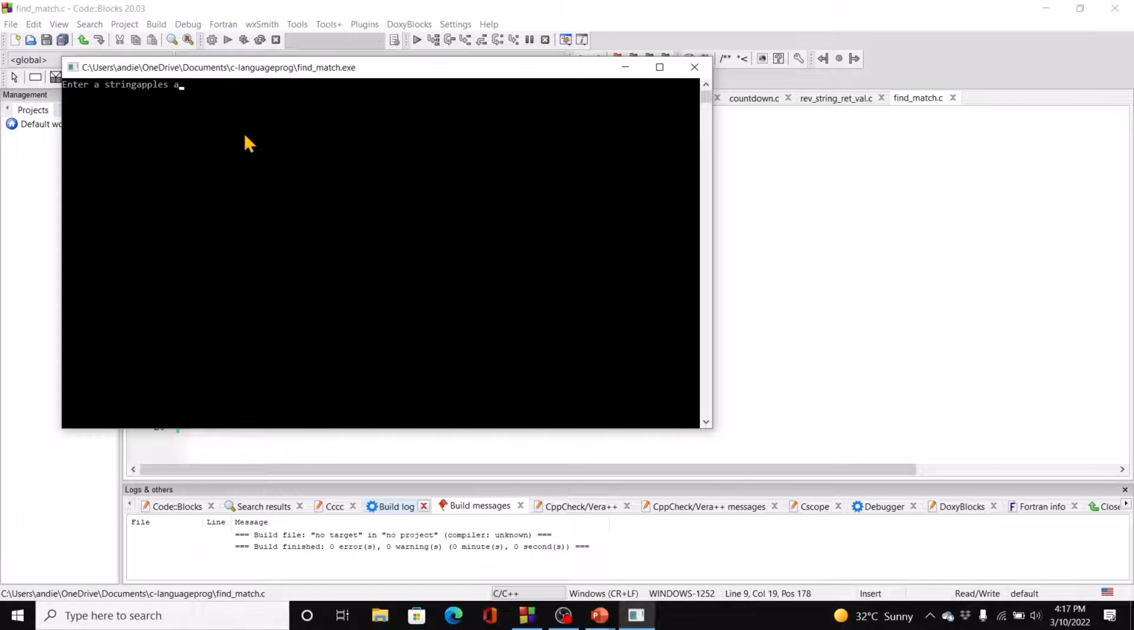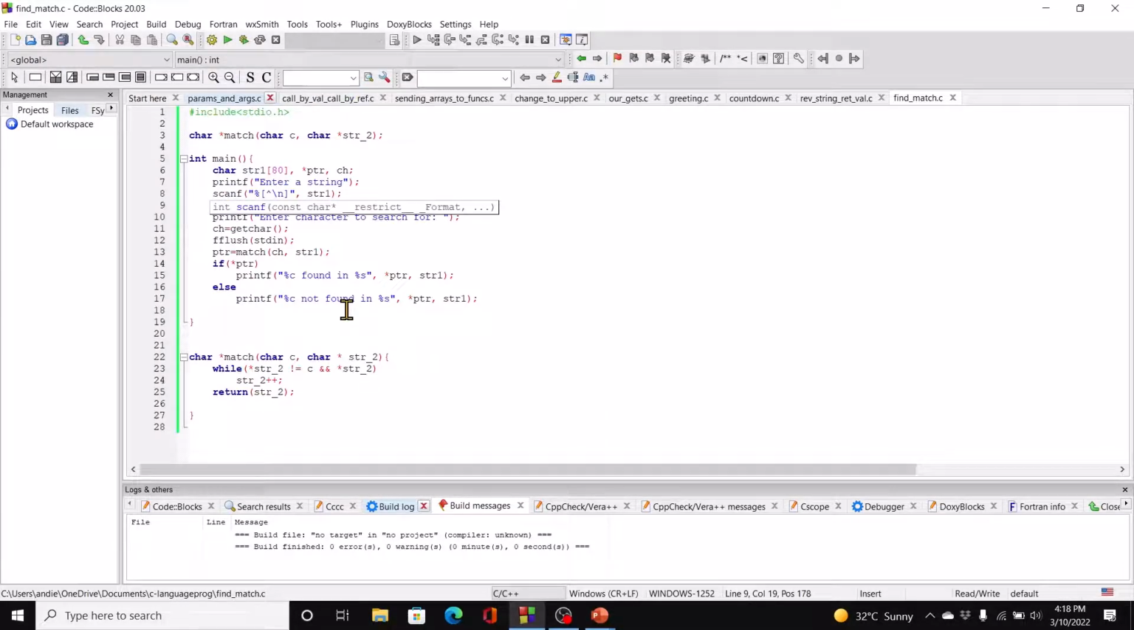Apples are good for health. Let's say Z. Now you can see this is not printing out the Z, but it's telling us it's not found in apples are good for health. Why is it not printing it out? Because we're saying *ptr here. And remember, *ptr is now a NULL because it's not found. And so we can change this to ch. Now if we run it,